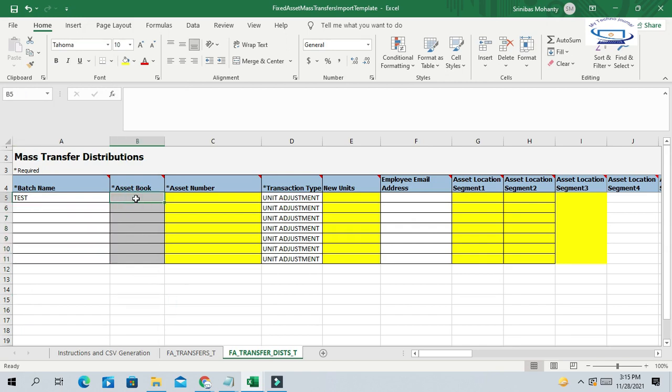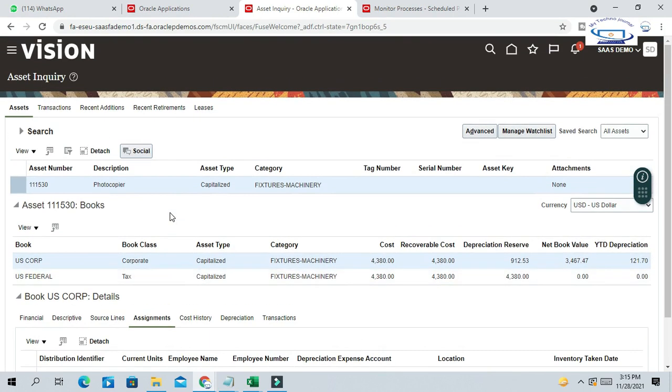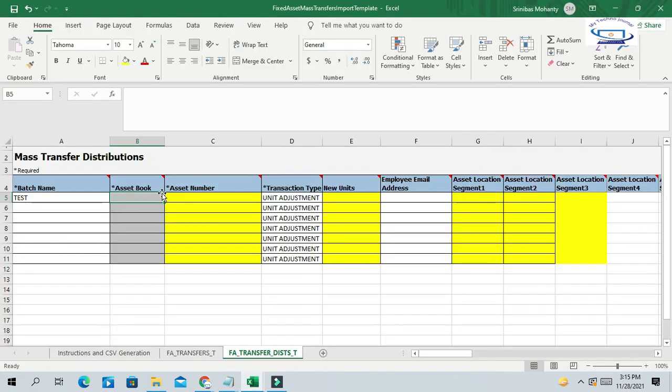Asset book: our book is the USA corporate book, US Corp. Then the asset number, for which asset you want to do the adjustment.